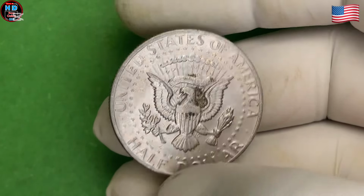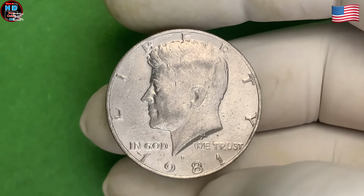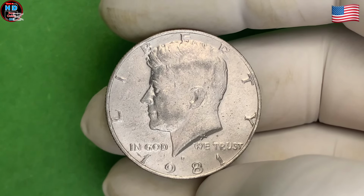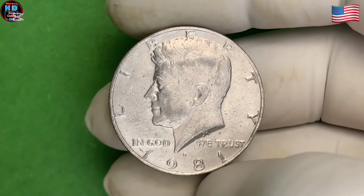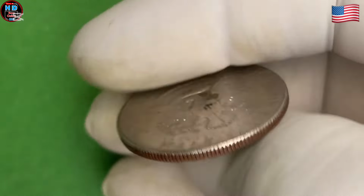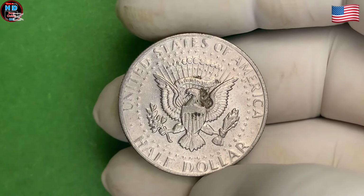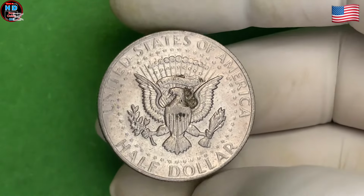But it's not just about finding an error coin or a perfectly preserved proof coin. Sometimes, it's simply about the fact that certain coins are harder to find in the first place. The 1981 Kennedy half dollar is not rare by any means, but certain uncirculated coins or specific proof versions can be hard to come by. As time goes on, the availability of coins in excellent condition becomes scarcer, and this scarcity drives up their value